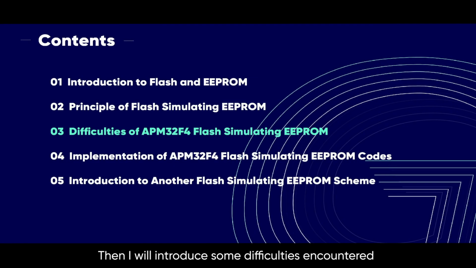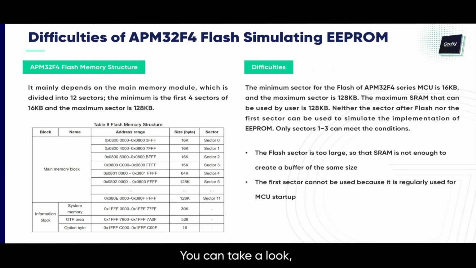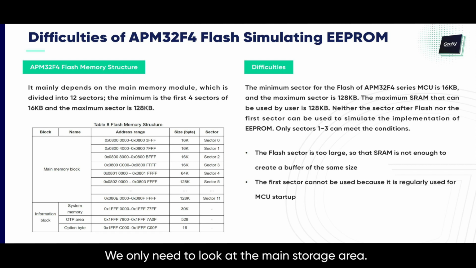Then I will introduce some difficulties encountered when using Flash to simulate EEPROM on APM32F4 MCU. You can take a look, and this is a storage structure of APM32 Flash. It includes a main storage area and an information storage area. We only need to look at the main storage area. We can see that its start address is